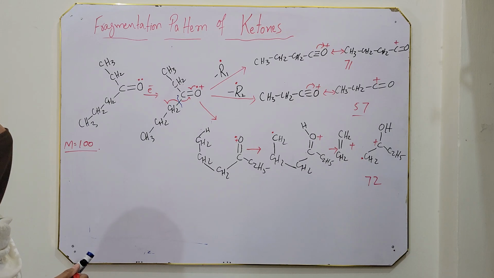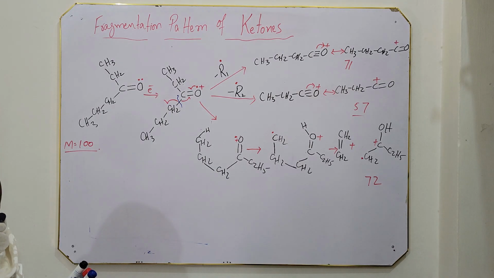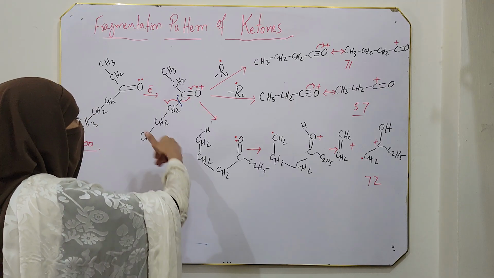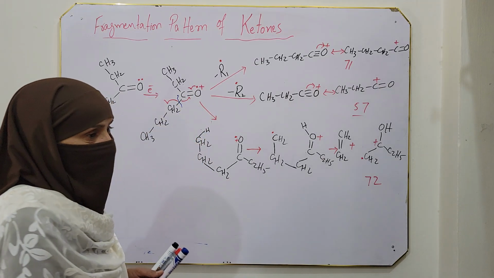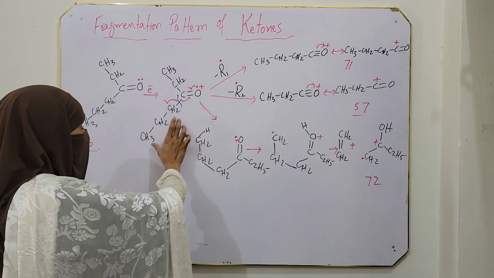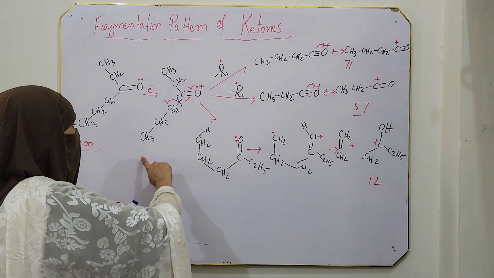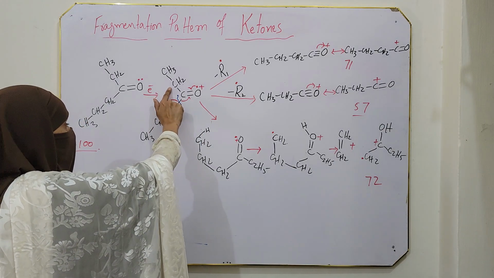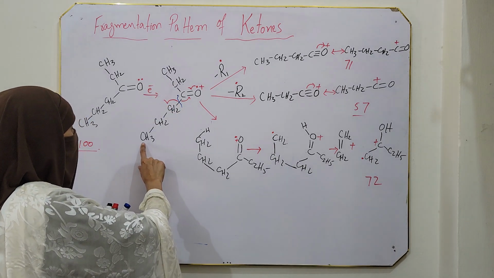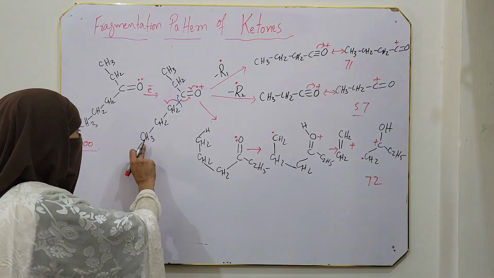Now the third time, again we will see whether gamma hydrogen is present. If gamma hydrogen is present, we will perform McLafferty. If gamma hydrogen is present on one side, we will perform one McLafferty. If gamma hydrogen is present on both sides, we will perform two McLafferty rearrangements. But if the same gamma hydrogen is present on both sides, then the McLafferty will be the same, so we will perform it once. In this case we have gamma hydrogen on one side, and on the other side there is no gamma hydrogen, it is alpha carbon and beta carbon. So we are going to perform McLafferty rearrangement on this gamma hydrogen.